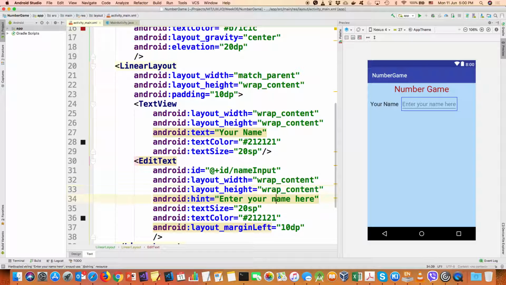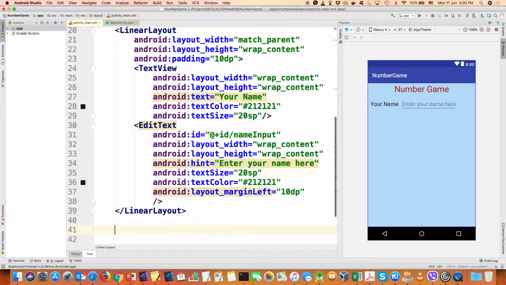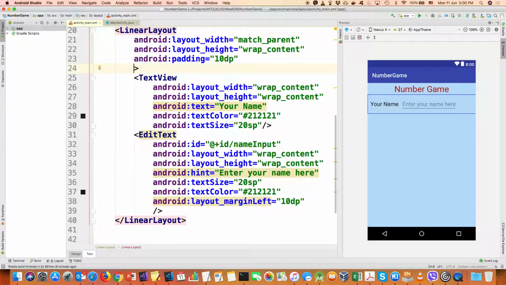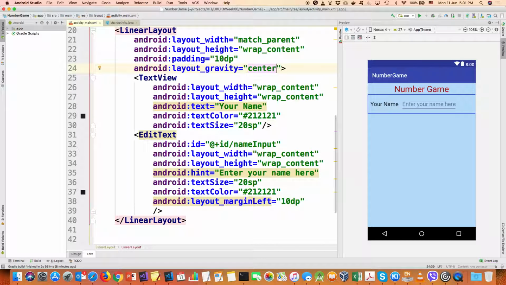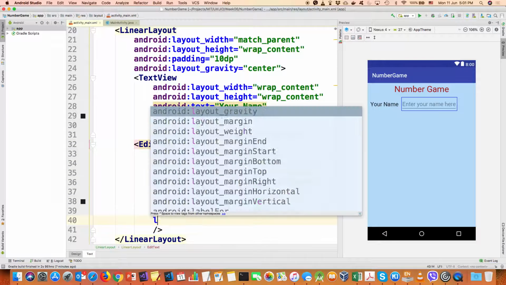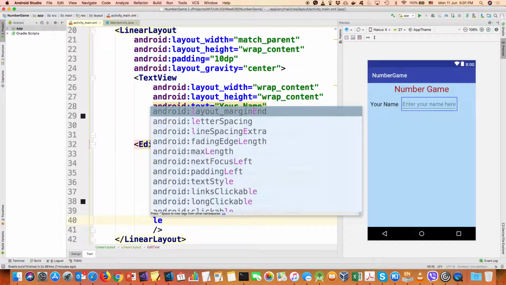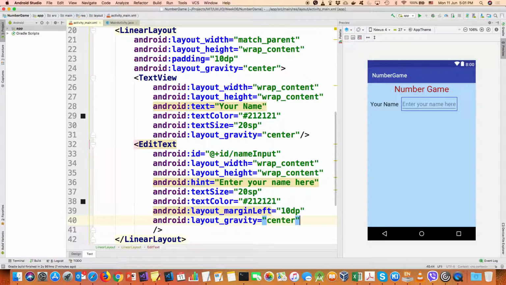Okay, and then after that we have a button, not in here. I want to put it outside of that linear layout. Maybe I can also say that I want layout underscore gravity center, and here again layout gravity center, and here again layout gravity center. So I'm trying to move it around, but it is not going away. But anyway,